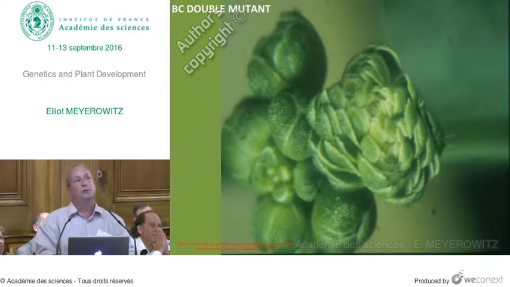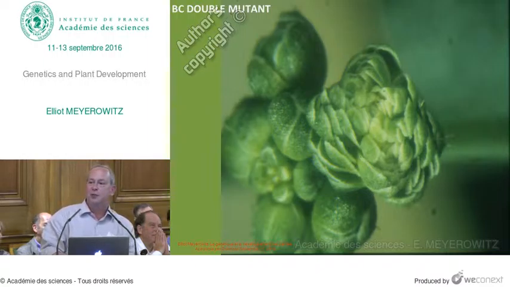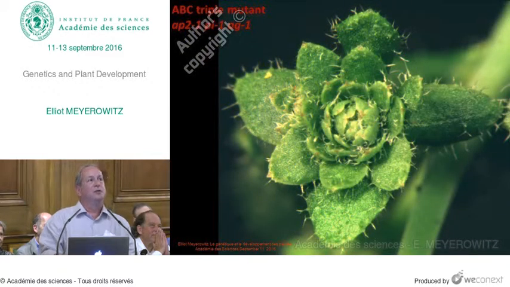So the model has survived two predictions, the model's not been falsified, so we went on to run with it. And we did the obvious, we made the ABC triple mutant. Now I'll point out that for the triple mutant, our model makes no prediction at all for what should happen there. But in fact, what we got when we knocked out all three of these functions is that all the floral organs are replaced by leaves,